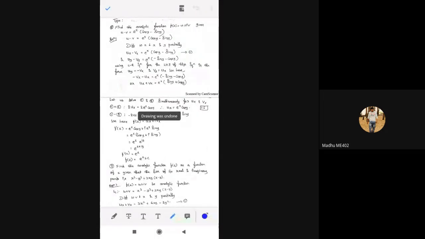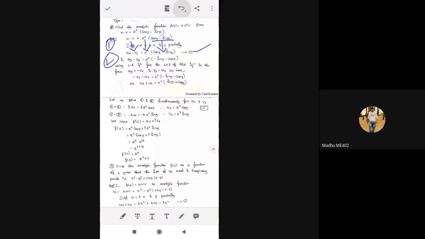First step is we need to write the given data. The second step is we must differentiate with respect to x and with respect to y partially. See students, what happened? ux minus vx: e power x differentiation is e power x itself, correct? So this is constant, so keep as it is. So ux minus vx is e power x of the same thing, cos y minus sin y, we got.